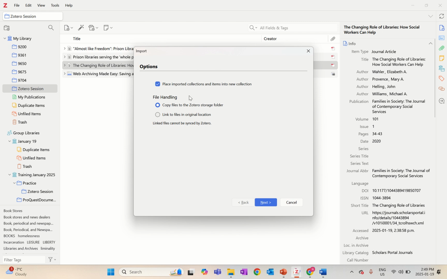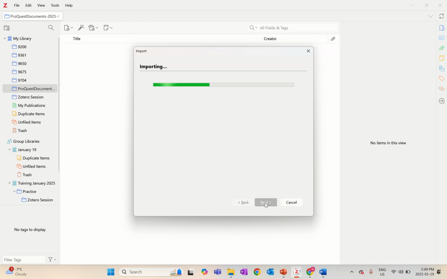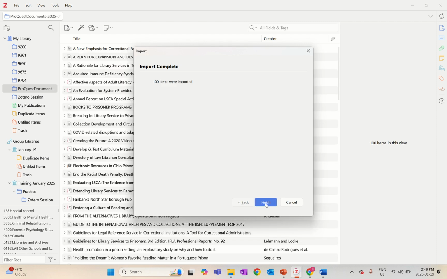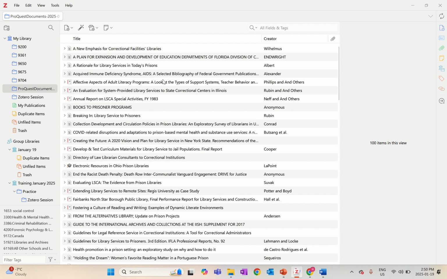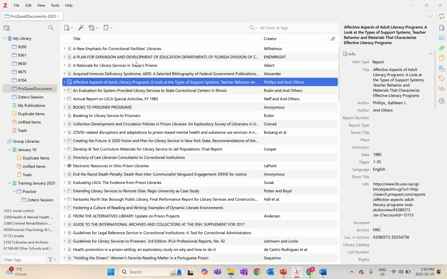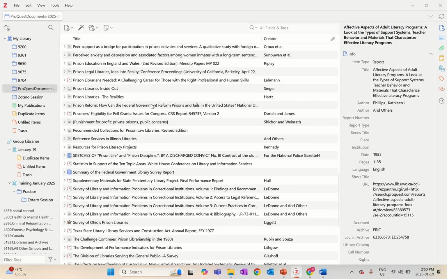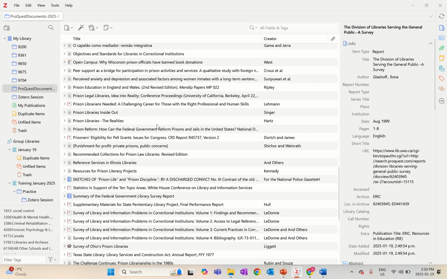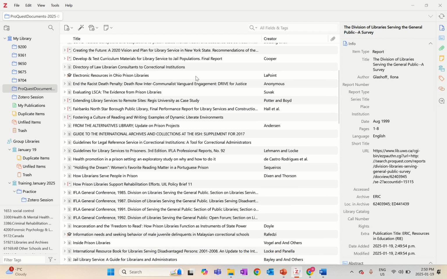This will be automatically selected for you, but we do want to place our imported collections and items into a new collection. And we want to make sure we've selected copy files to the Zotero storage folder. And we'll click next. Then it will import. Click finish. And then as we see here, all of those 100 items have been imported into our Zotero library